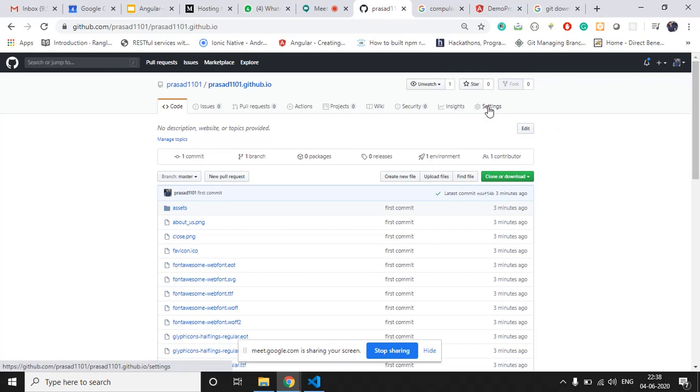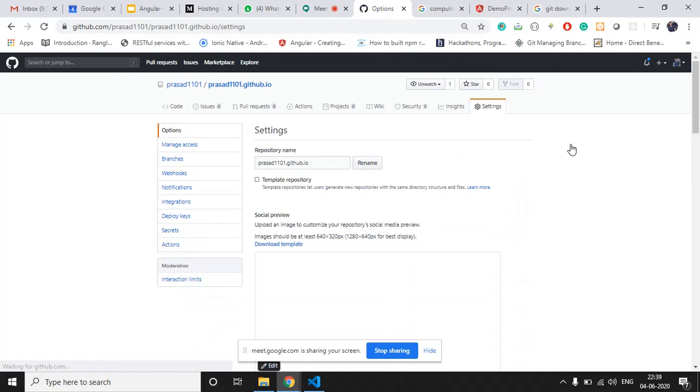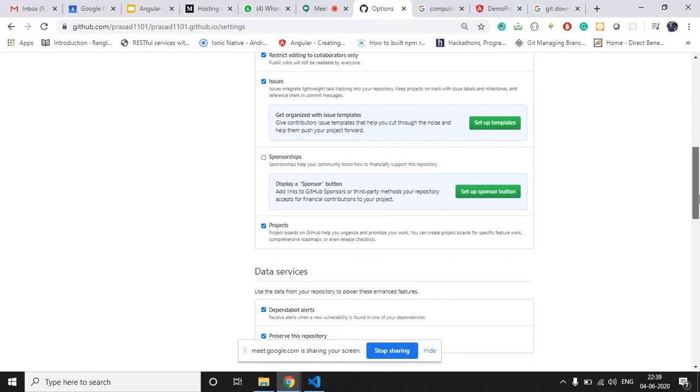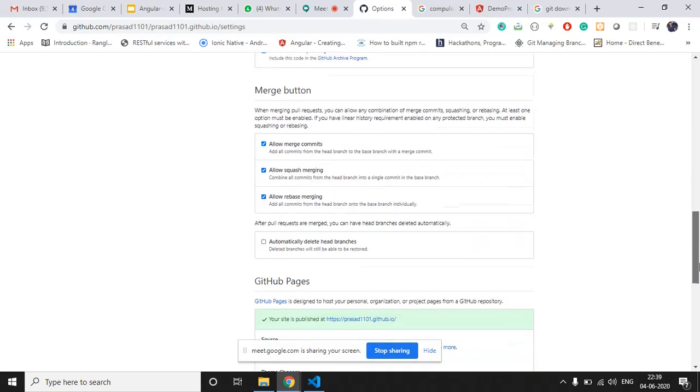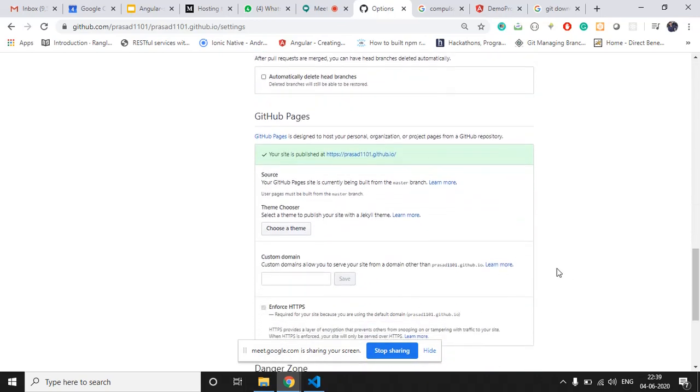You just have to go to the settings, and then scroll down. So this is the GitHub pages option for hosting. It is designed to host your personal, organizational, or project pages from a GitHub repository directly.